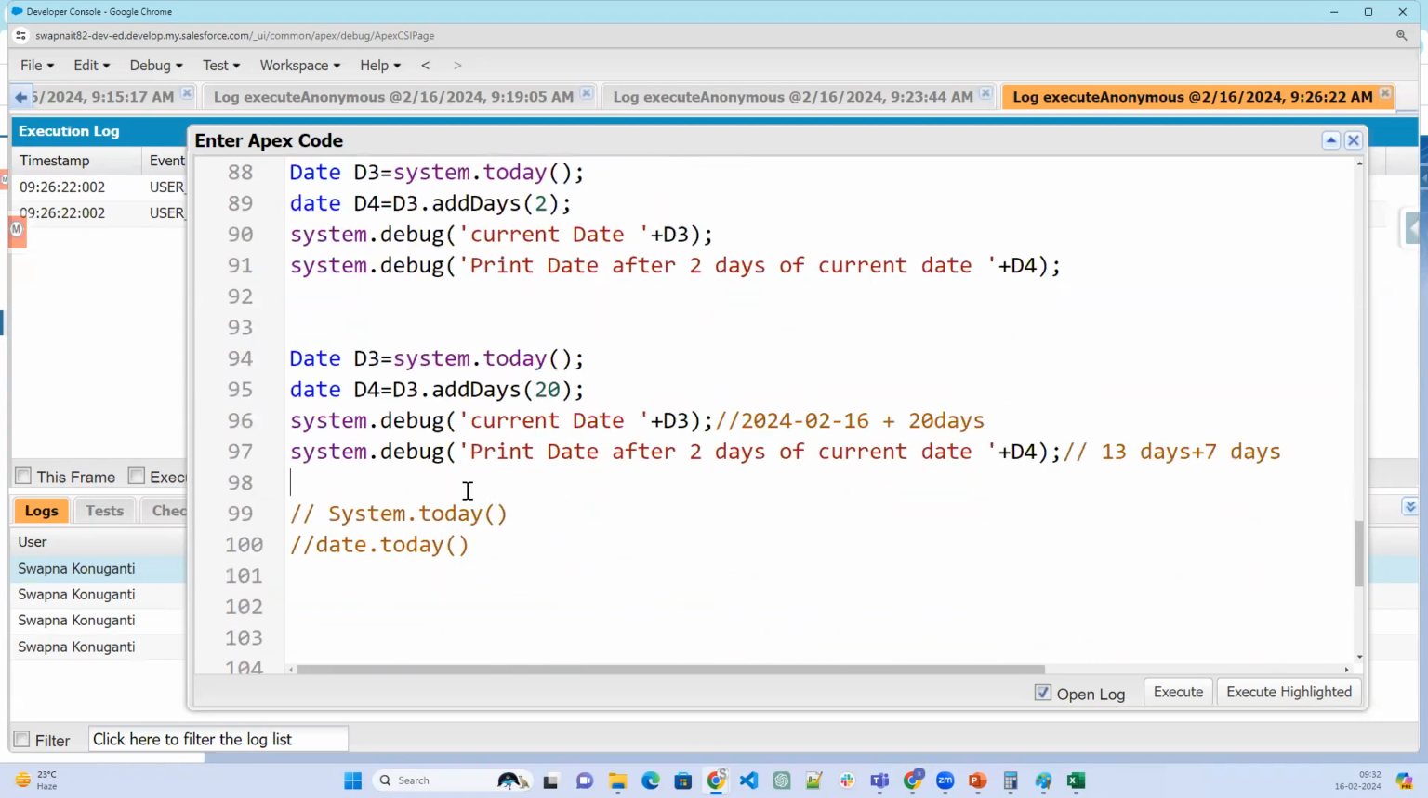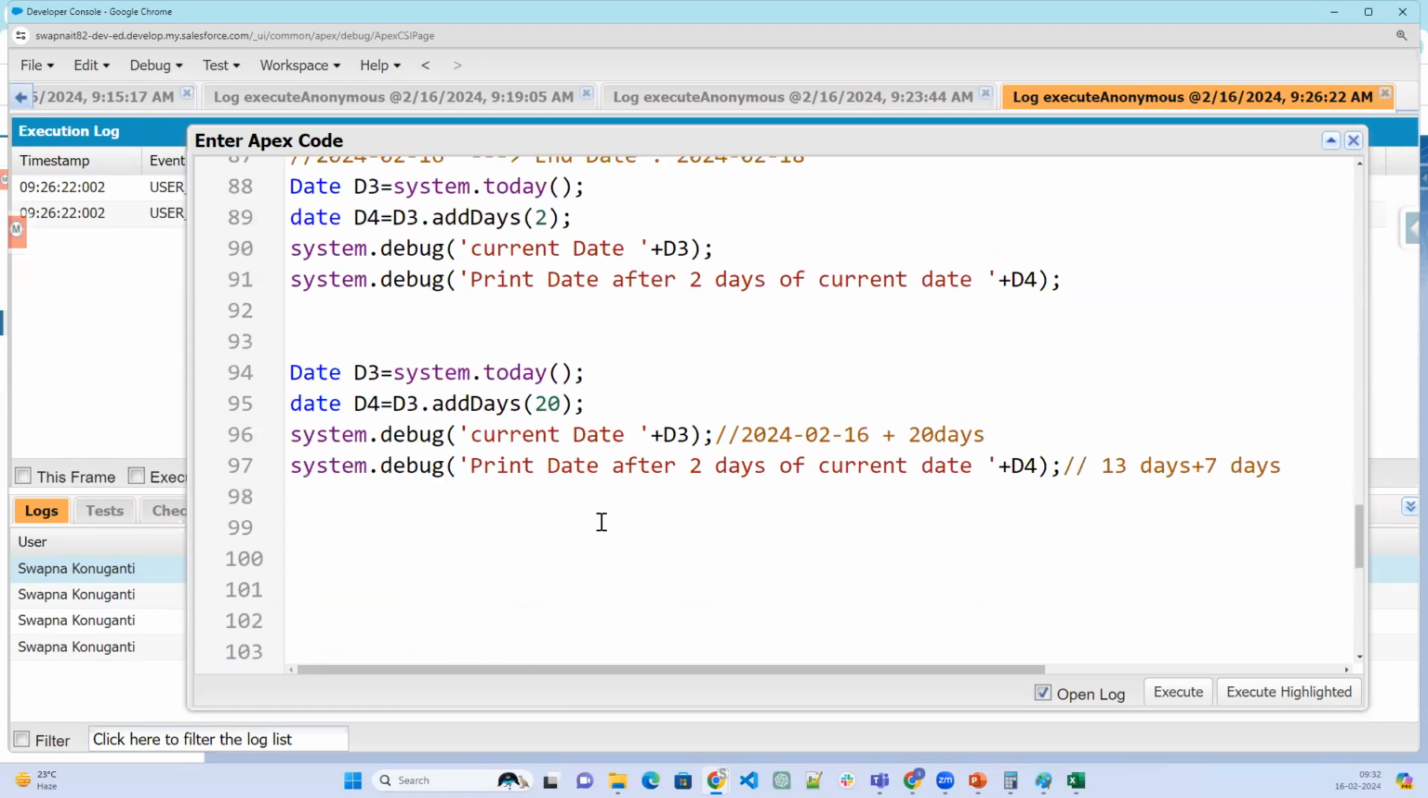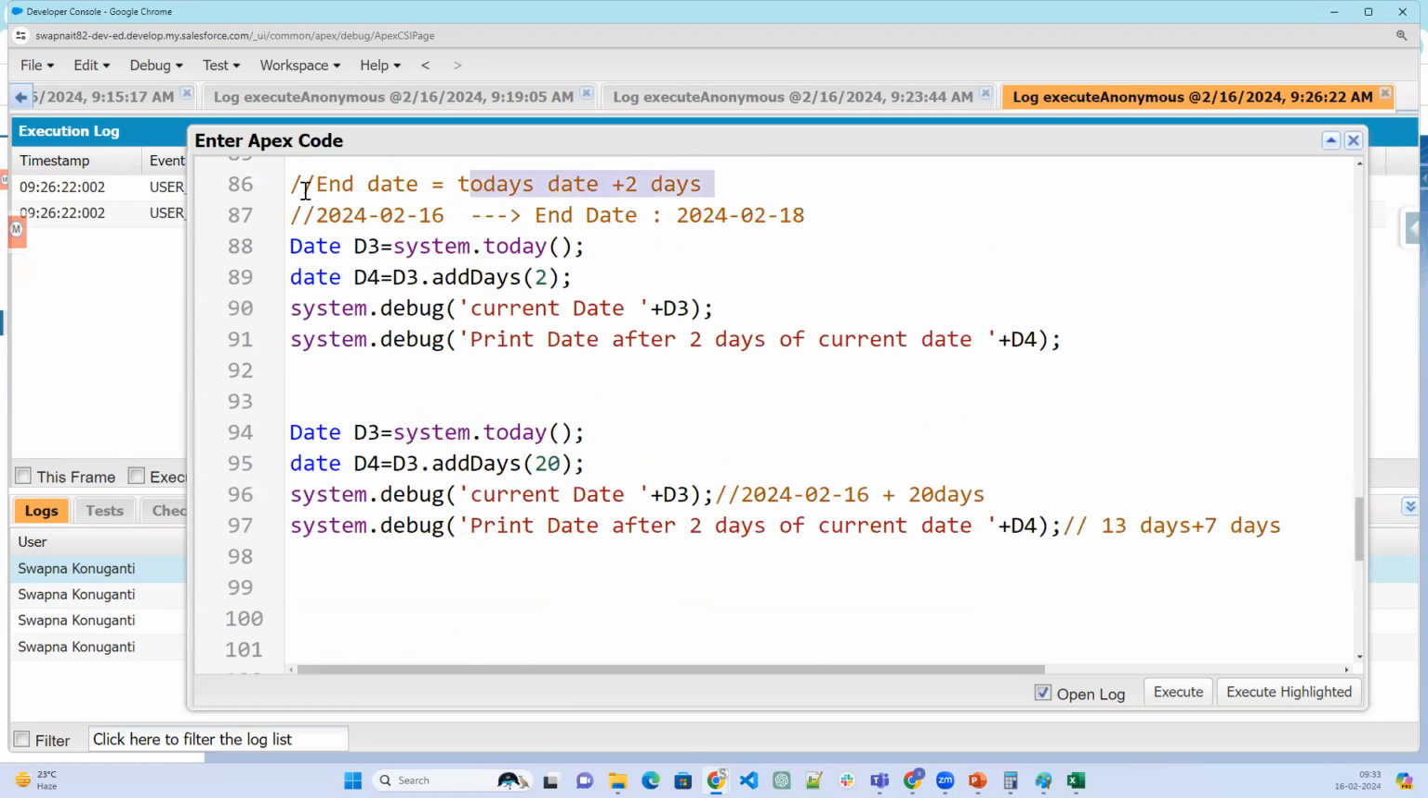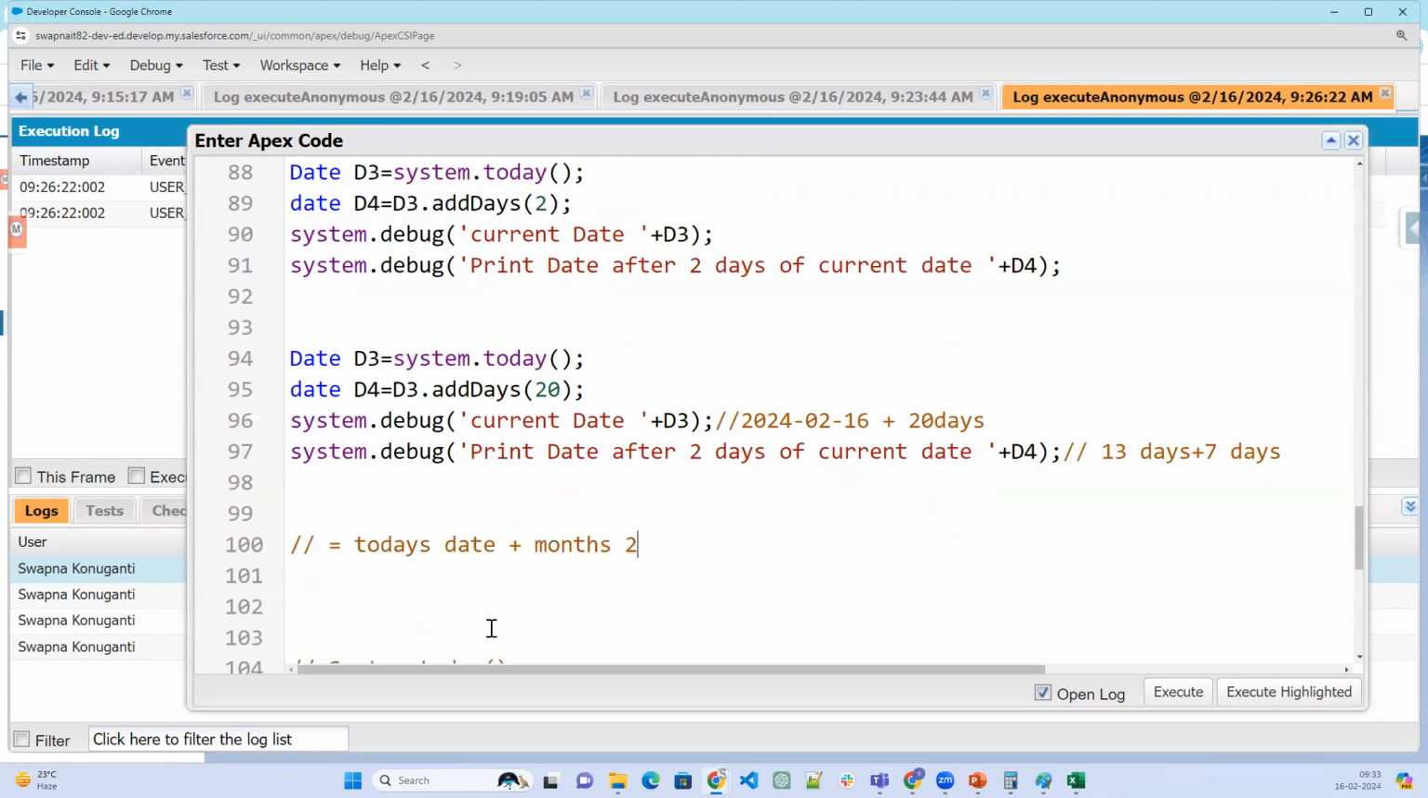Now let's say I want to add a month. This is the days one. I want to add a month to whatever the current month is: take today's date and add months. Maybe the number of months will be 2. If I want to add a month here, what we will be doing is Date d5 equal to Date.today,